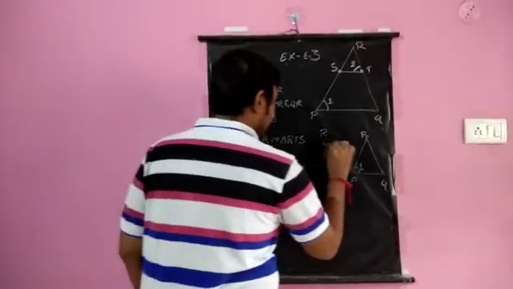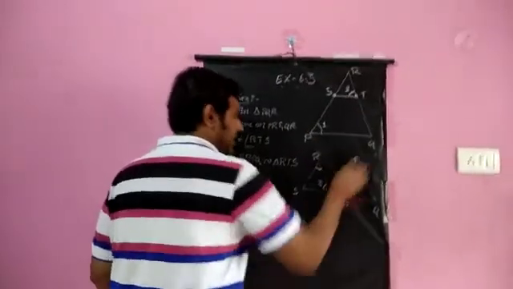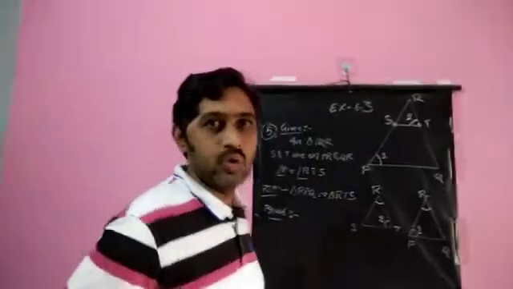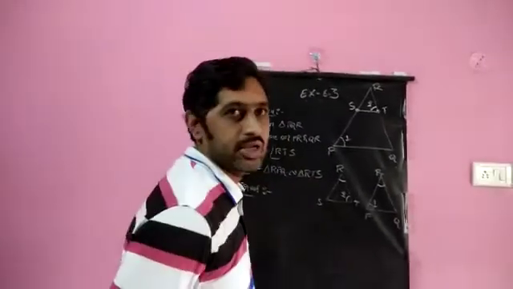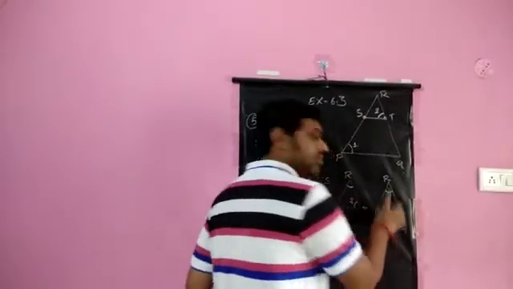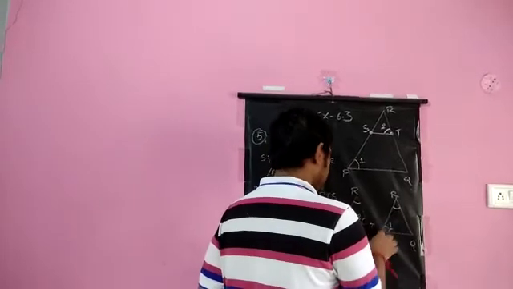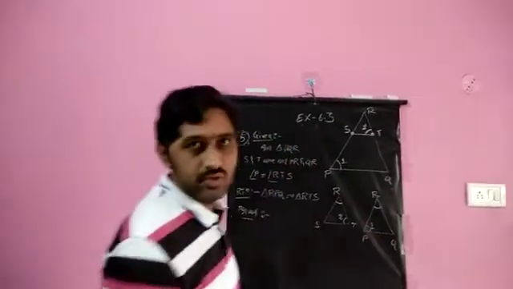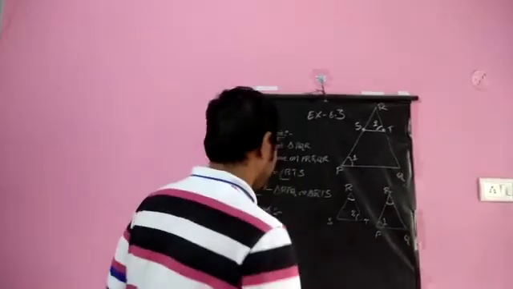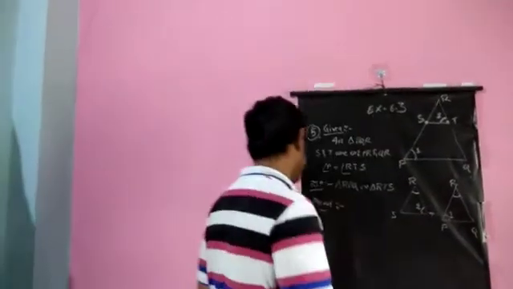This R is the common angle in both the triangles. So two angles of this triangle are equal to two angles of the other triangle. So the third angle automatically will become equal in these two triangles by using the angle sum property. In this triangle, the sum of the three angles is 180. In the other triangle also, the sum of the three angles is 180. So the third angle also will be equal. So we can apply the angle angle angle similarity rule. You need to be able to identify the similarity rule which fits here.